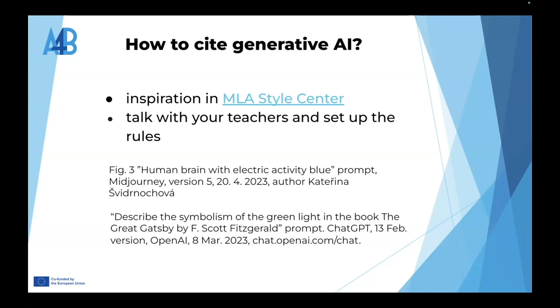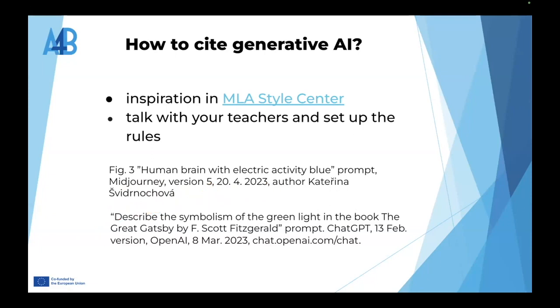And I also talked about it with my teachers and with my colleagues at the university, and we set up some rules. So if you have some inspiring styles of quotations or ways to cite generative AI, please share them in the chat. So you can see that in my quotation there is the prompt that I put into Midjourney version 5, the date when I generated the picture, and who is the author.